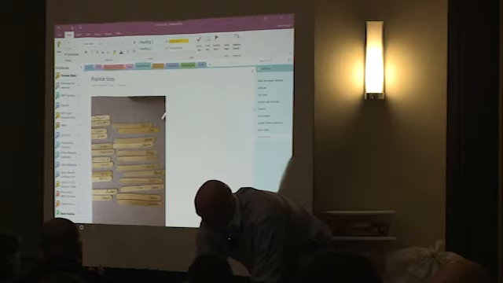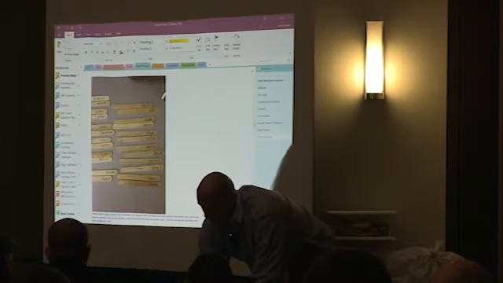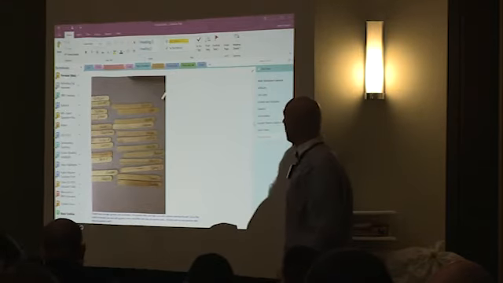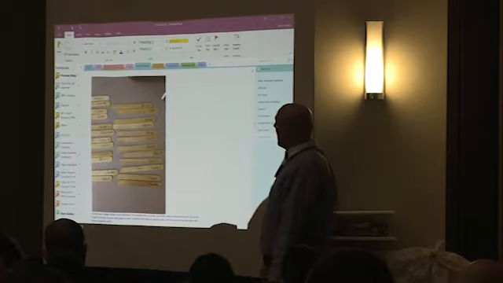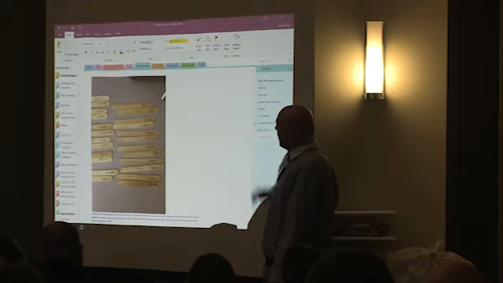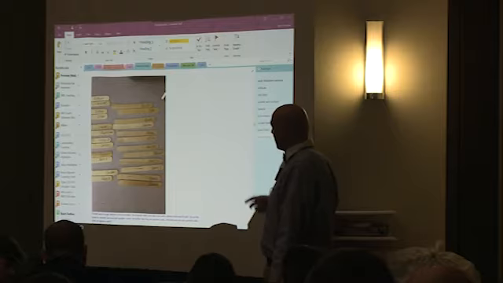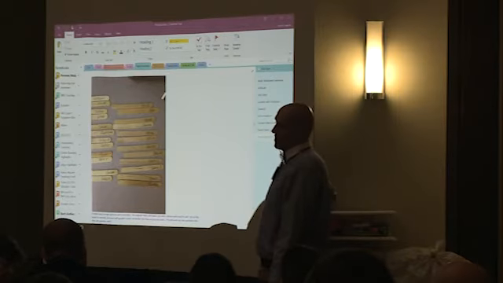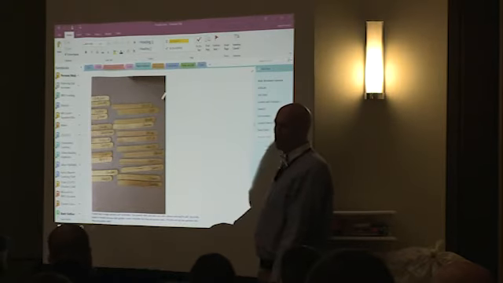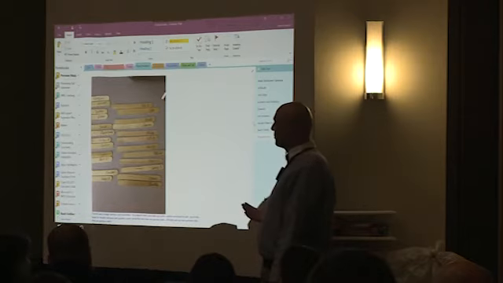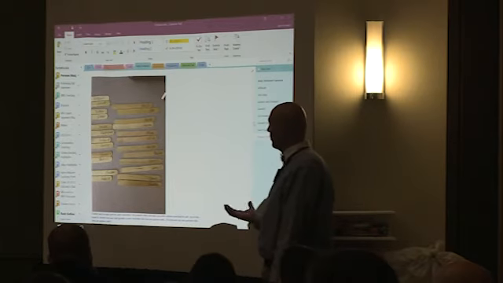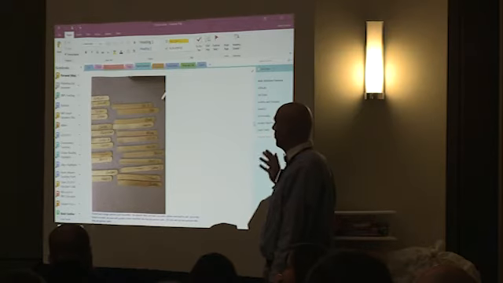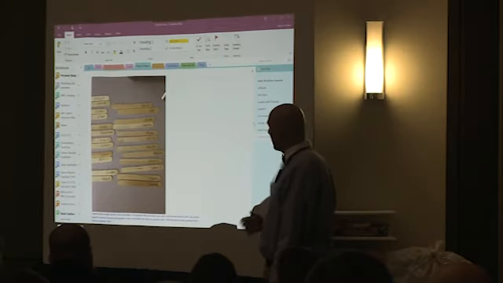This one's really, really simple. Actually, she's here presenting on digital portfolios. All the kids have popsicle sticks with their name, obviously nothing new. She pairs them up, she takes a picture, she throws it on her screen, and then she never has another question again about, who am I supposed to work with? What's my partner? It just seems really dumb, but it's the power of a phone. All right? And we all have these other things. It's just a very, very simple way to get things up very, very quickly.